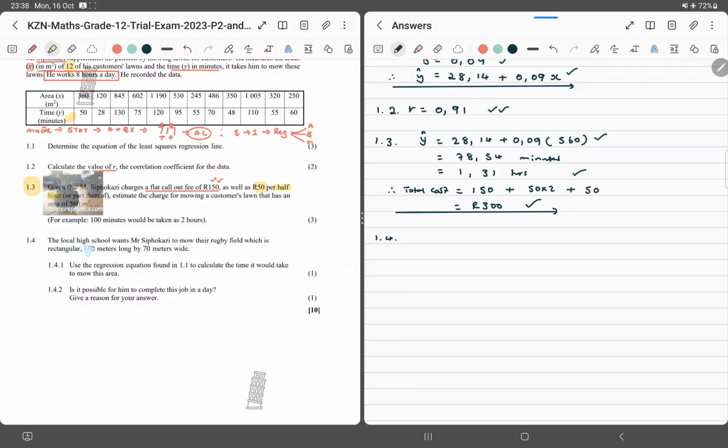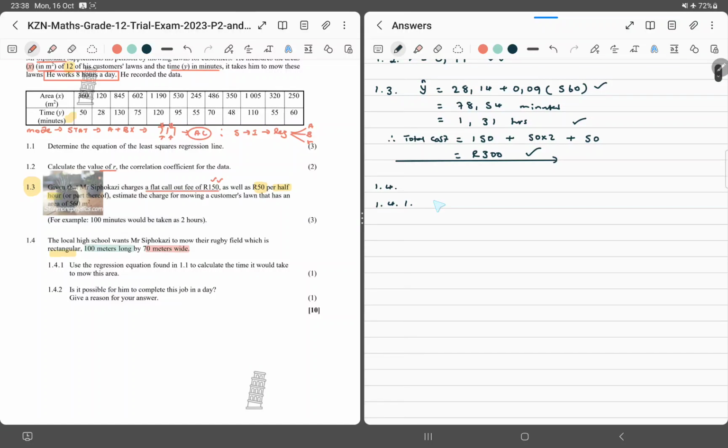we're told here the local high school wants Mr. Sipogazi to mow their rugby field, which is rectangular. That's great. And it is how many meters long? 100 meters long. So that's the length. And it is 70 meters wide. That is the width. Okay, great. It says now use the regression equation found in 1.1 to calculate the time it would take to mow this area. So we've got